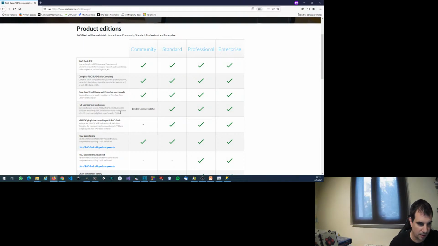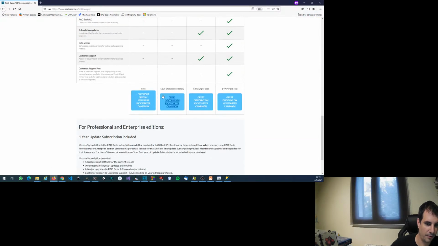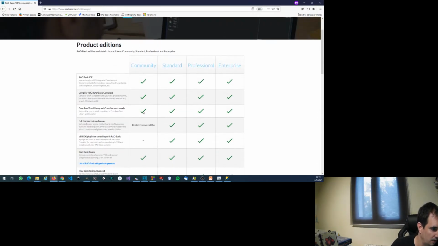The limited commercial use, as it is explained here, is for a small business whose revenue is less than $100,000. Okay. If not, you go with a standard edition that is not very high. The fee, there are no limitations at all. Okay.